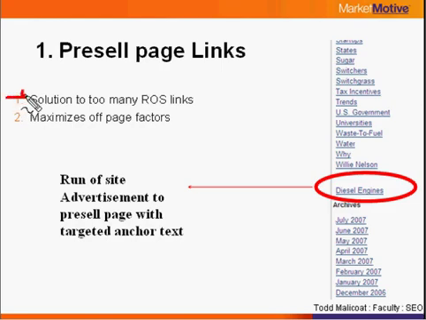As mentioned in the last slide, run-of-site links used to be extremely effective. We purchased them all over the place, and they helped immensely for sites to rank. Then Google said, okay, these aren't going to work as well anymore because they've been severely abused, so we're going to take away the value of run-of-site links. We still had all these run-of-site links sitting around, so we really wanted to maximize their value. So the solution to this was those pages where we used to have 1,000 links coming from 1,000 pages